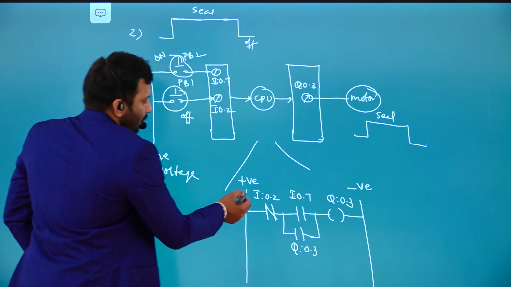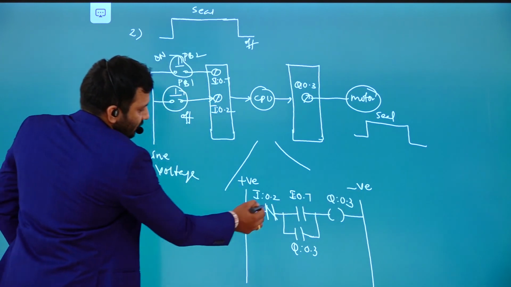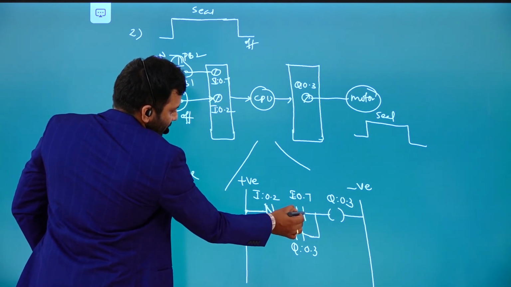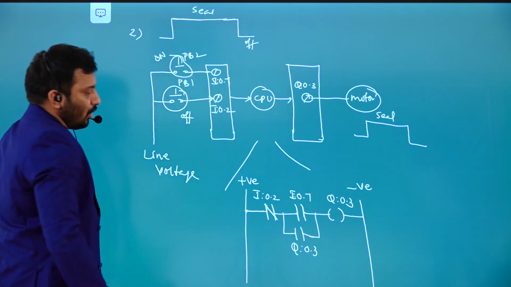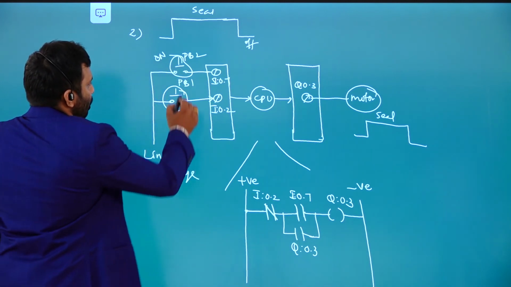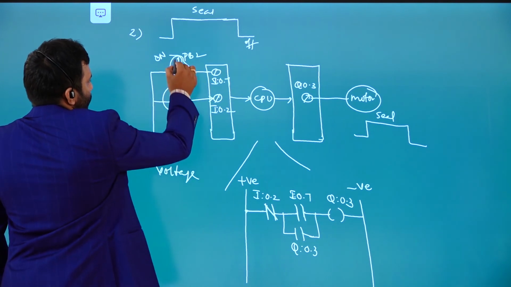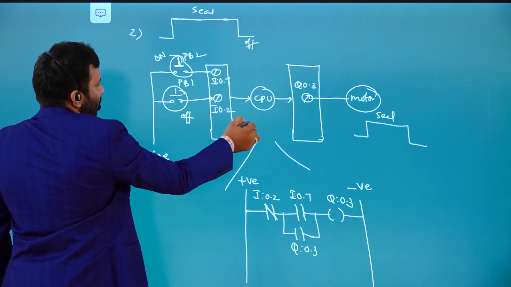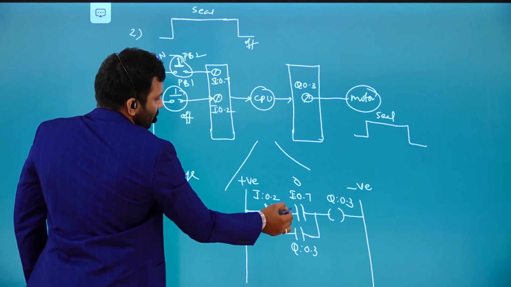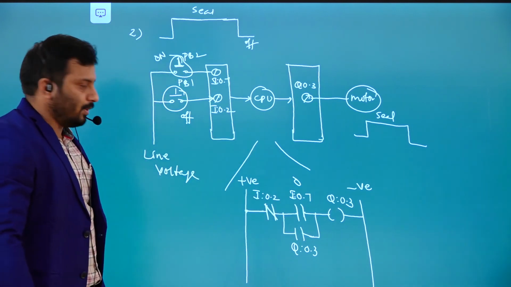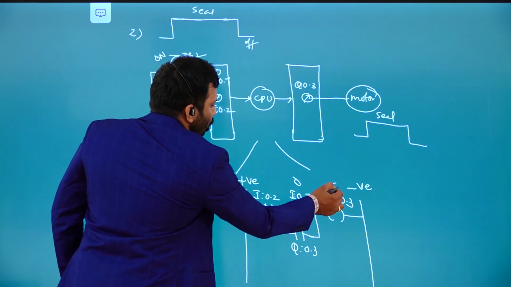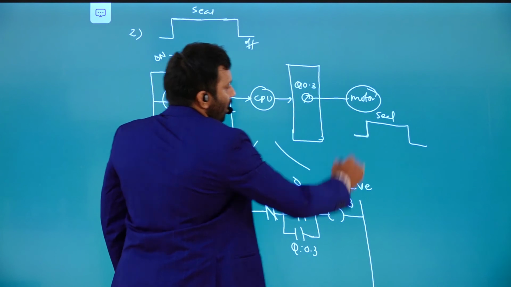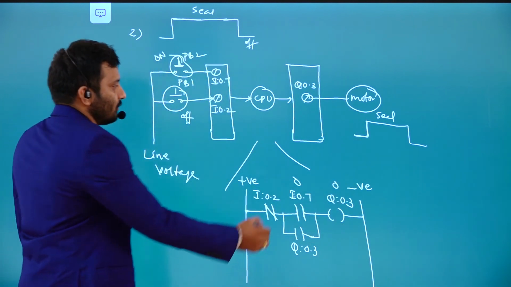So power is flowing from the positive terminal to the negative terminal like this. It's already a normally closed contact, that is the reason it's flowing like this. Here we have a normally open contact. If you don't push this particular push button, what will happen? This signal is 0. The corresponding bit in the input image block is 0. If it is 0, it's not going to be activated. If it is not activated, output is 0 only. Motor is in the off state only.